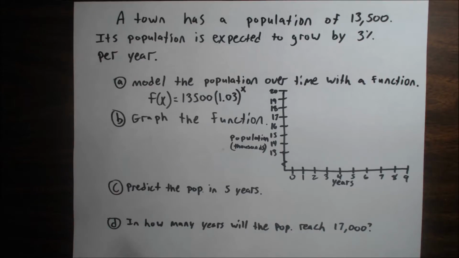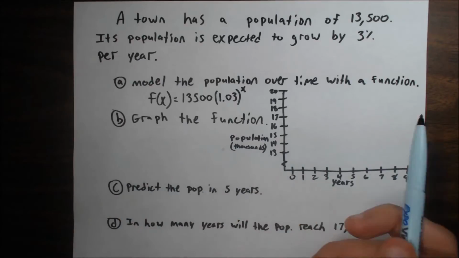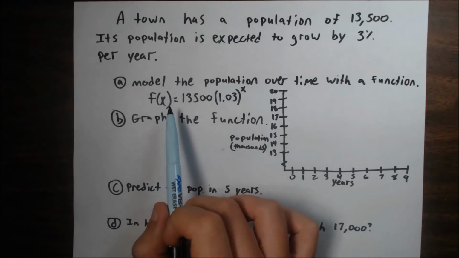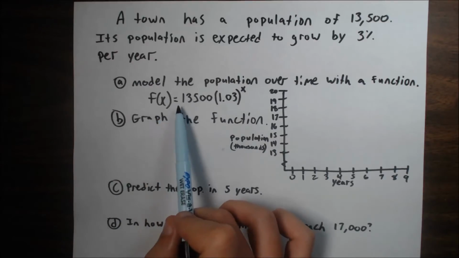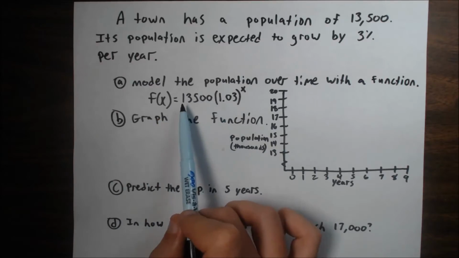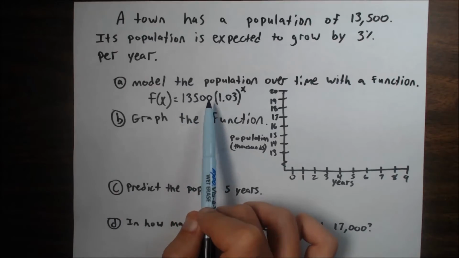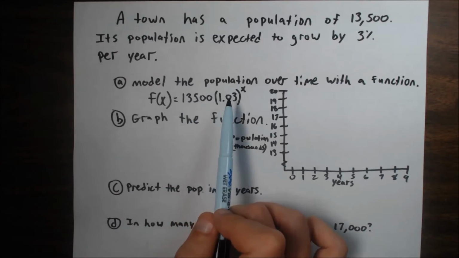So here's an example. It says a town has a population of 13,500. Its population is expected to grow by 3% per year. The first part says model the population over time with a function. Now I already went ahead and wrote it in here. The function, in this case, we're going to say f of x equals the starting population, 13,500, times 1.03 to